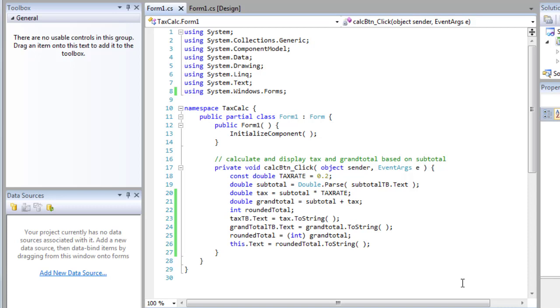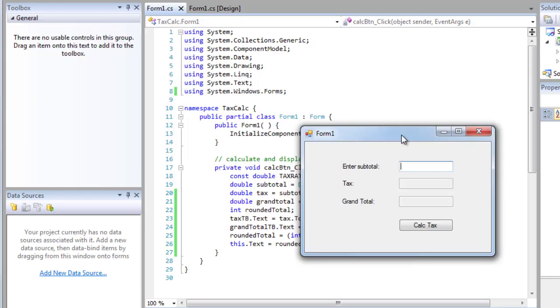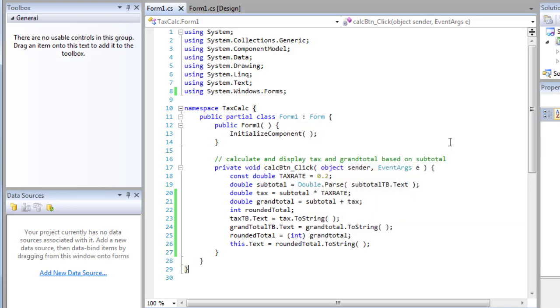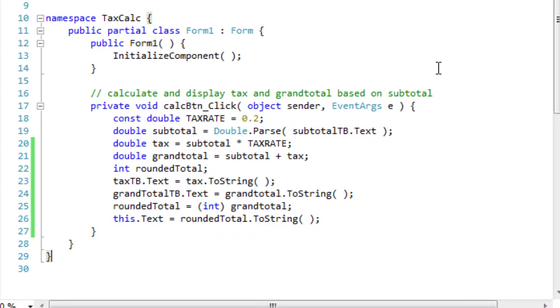Here I'm programming a tax calculator. I'll just show you it in operation first. So I put in a subtotal and the calculator calculates the tax and it adds the tax to the subtotal to arrive at the grand total, what I'd actually pay for the product that I'm in theory buying. Now behind the scenes there's a lot of conversion going on between one data type and another. I'll look at this in detail shortly, but first I want to show you how to cast one numeric data